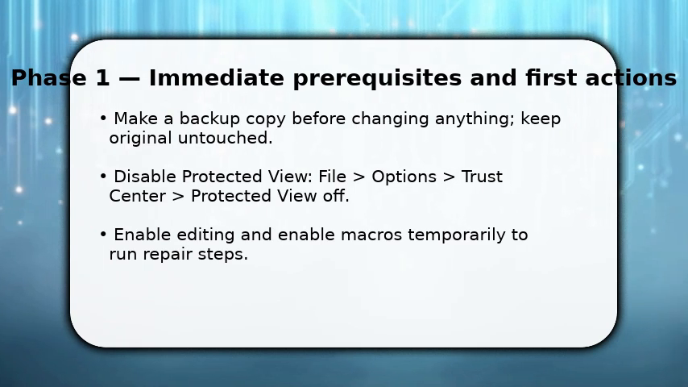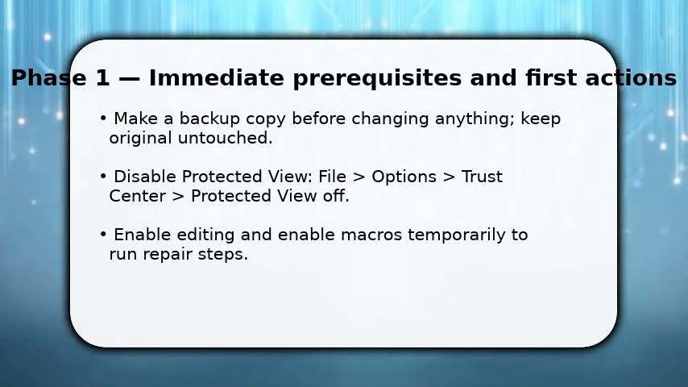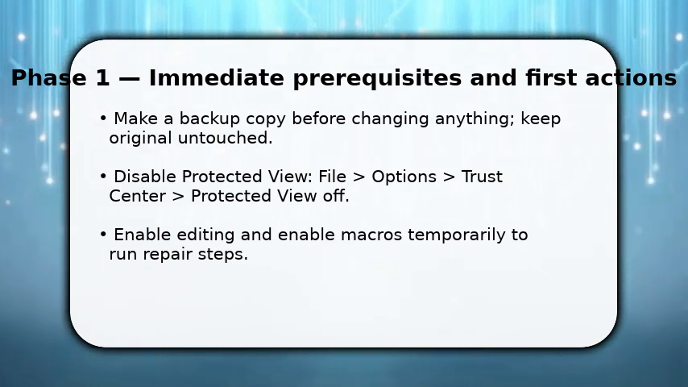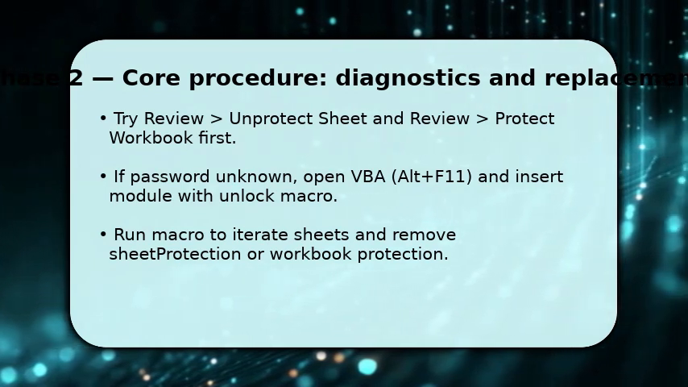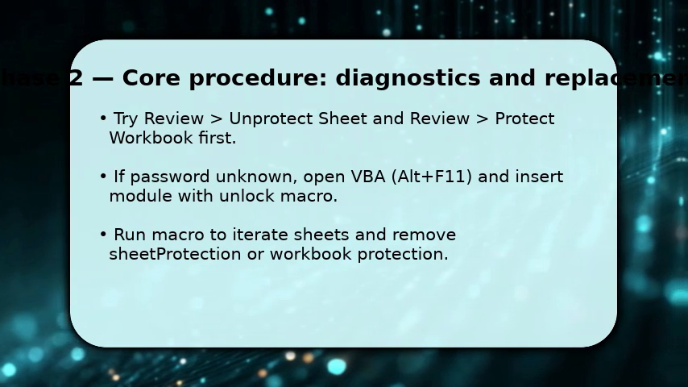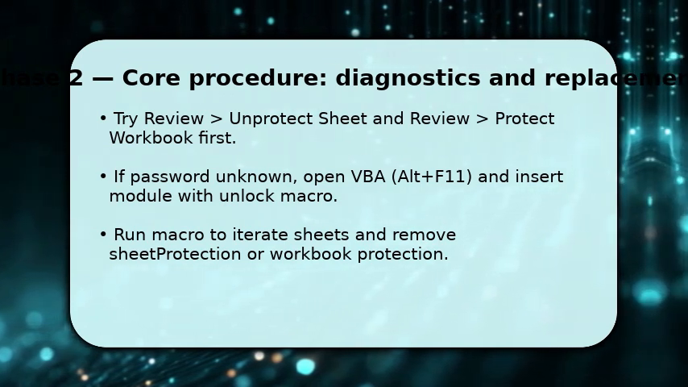You now attempt the straightforward fix. Go to Review and click Unprotect Sheet, then Unprotect Workbook. If prompted, enter the password. Once done, you're finished. If you do not have the password, open the VBA editor, Alt plus F11, insert a